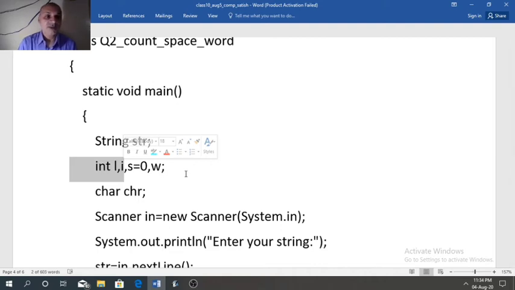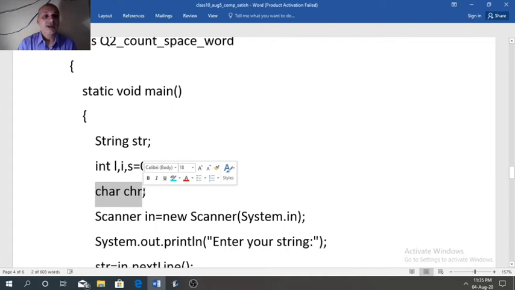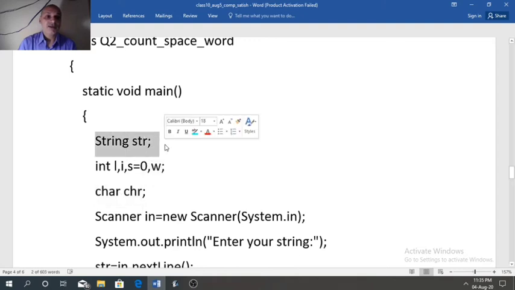So i is the loop variable, L will store the length. Here we have extra variables s and w. And char chr, it is common in all the programs. chr will extract each character present in the given string. So in the previous program also we had seen input str is required, L and i are required, char chr is required.